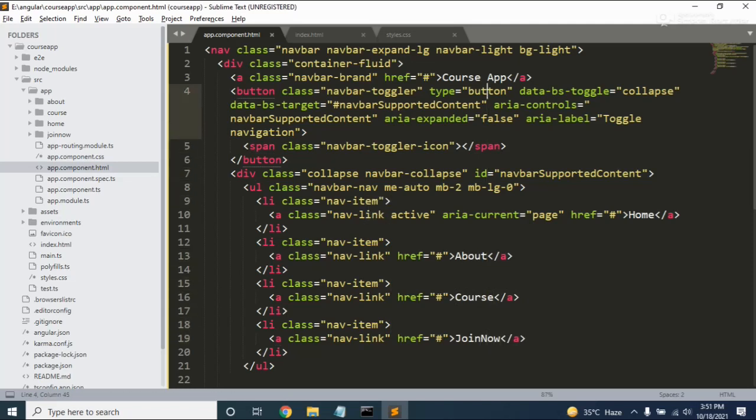So what we need to do is remove, okay, and we have the ms-auto. Where is this?